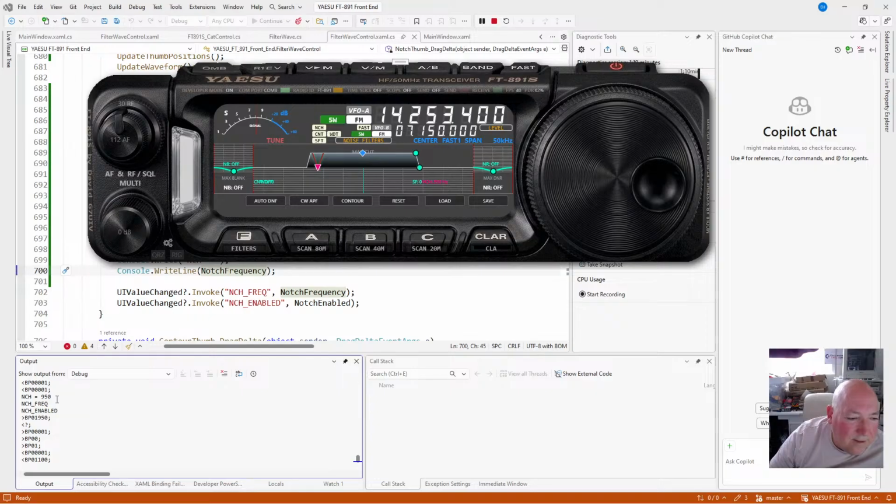So it is trying to come down, isn't it? So it's going below. It is going below, but it's setting it to